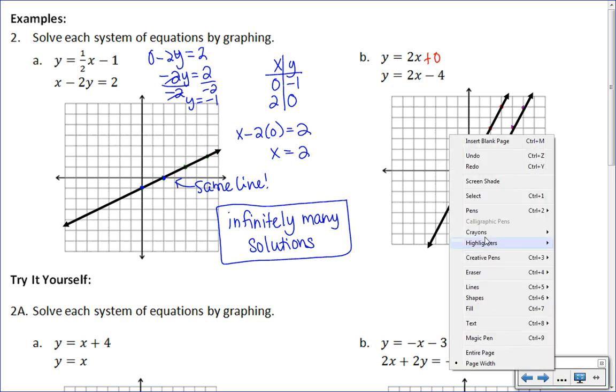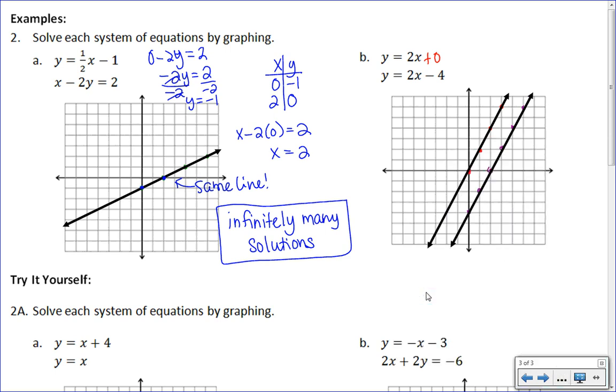Okay. Now, what you should see from these two lines is that they are parallel. And if we wanted to double check that to make absolutely certain, we would want to make sure that they have the same slope. And, well, you can see that right there from the equations. They both have a slope of 2. You can see it from the graph also, up 2 over 1. This is also up 2 over 1. These have the same slope. They are parallel lines,